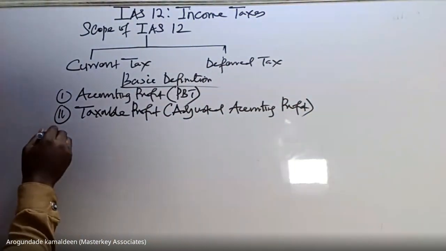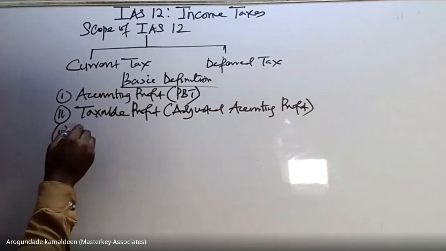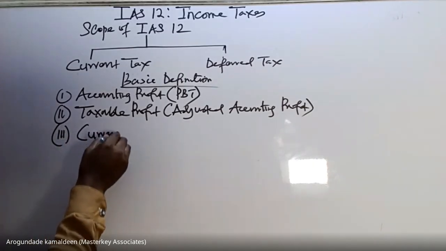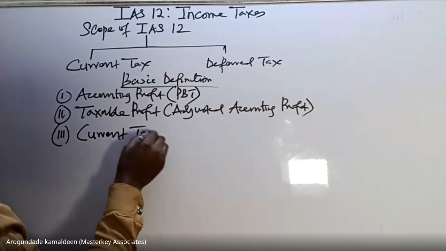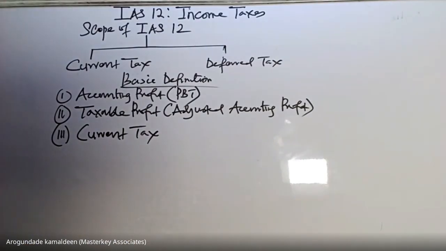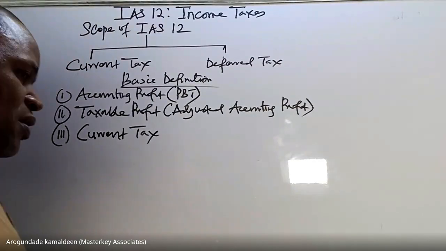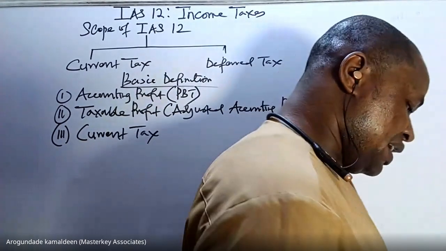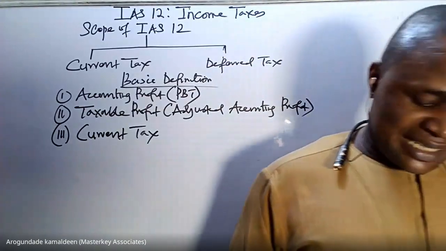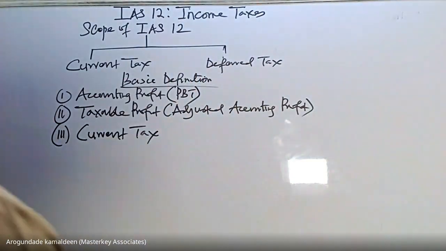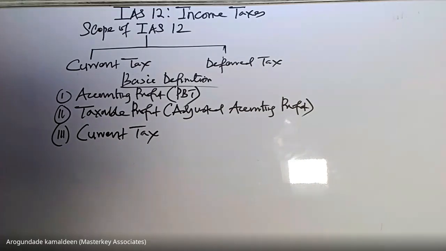Next now. Current tax. Class, current tax. This is the amount of income tax payable or recoverable in respect of taxable profit or loss for the period. The current tax is actually the amount of tax to be paid by an entity, and it is calculated based on the taxable profit. The last now, you should know here,